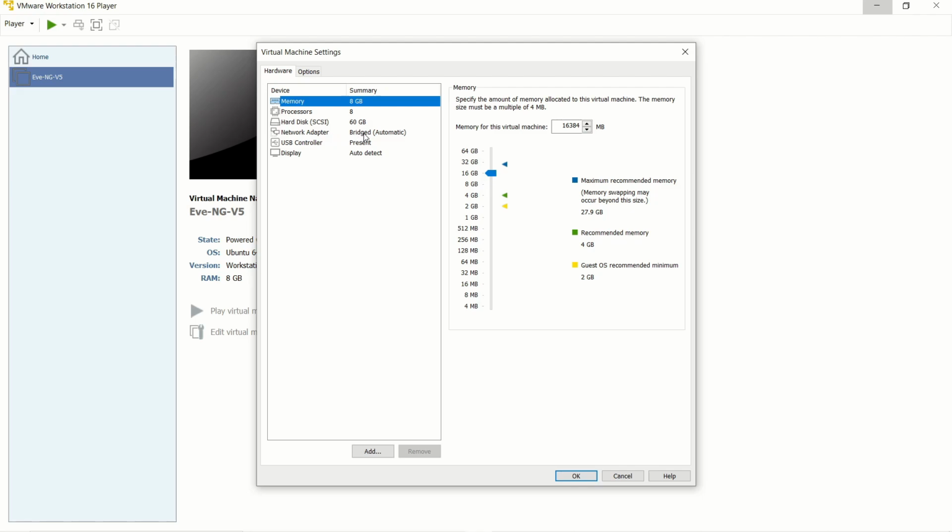And here, network type should be bridge because we need to get an IP address from the DHCP server, and then click OK. Now let's add 20 gig more storage by clicking Add,